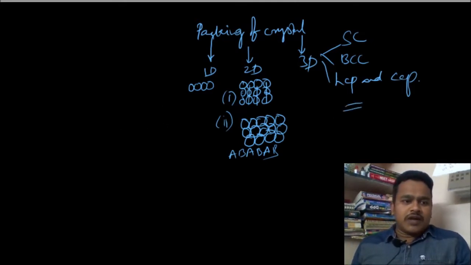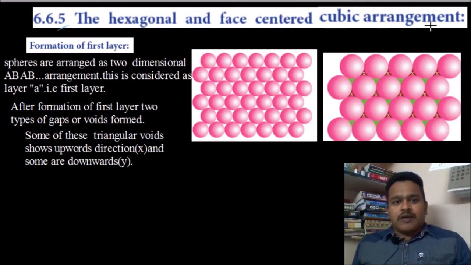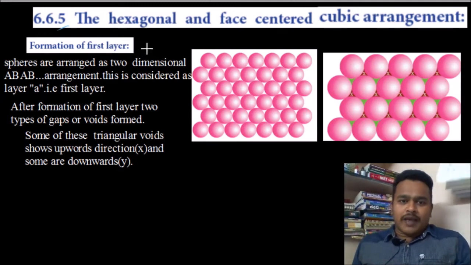Okay, we will start our session. First of all, section 6.6.5 in your textbook is the hexagonal and face centered cubic arrangement. Before that, how to initiate this hexagonal close packing?